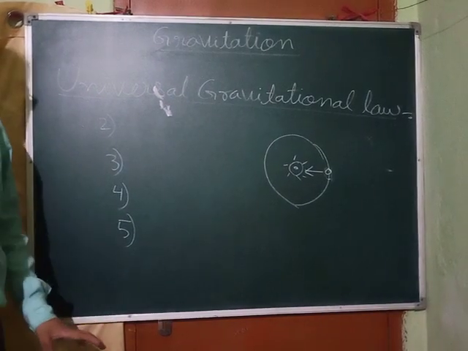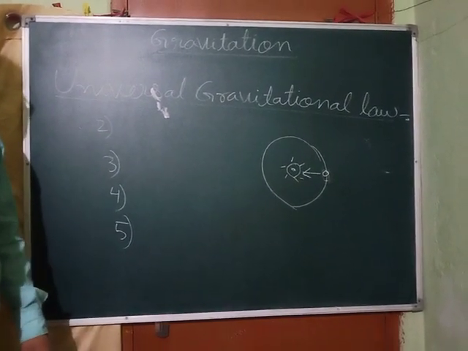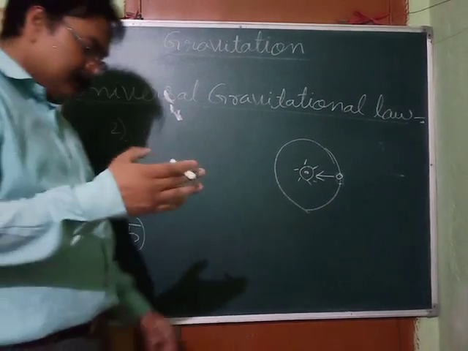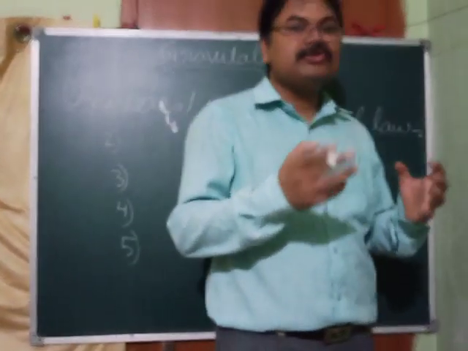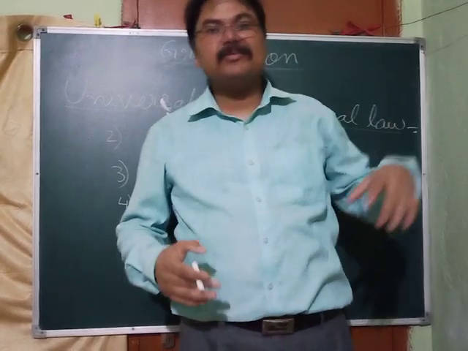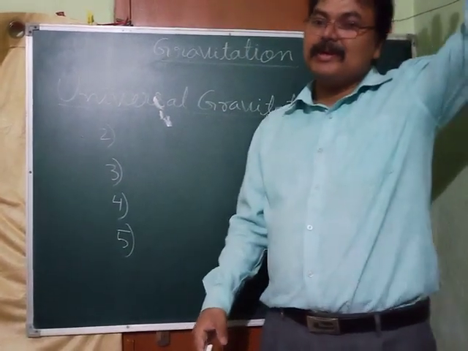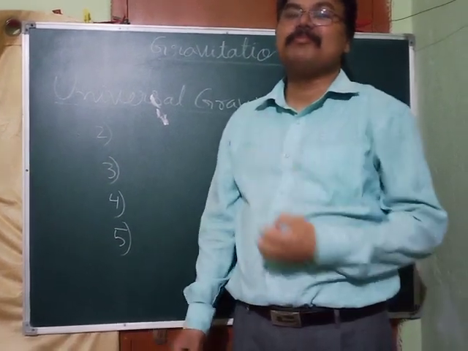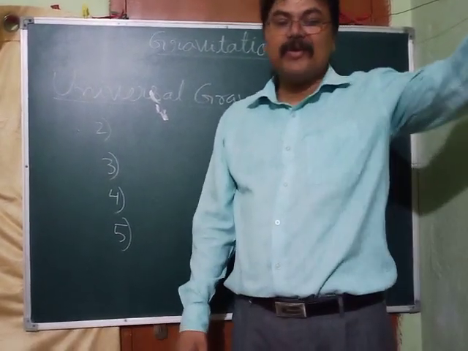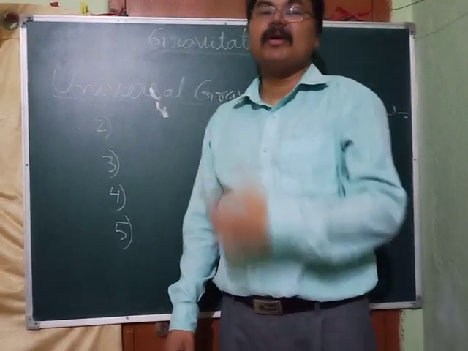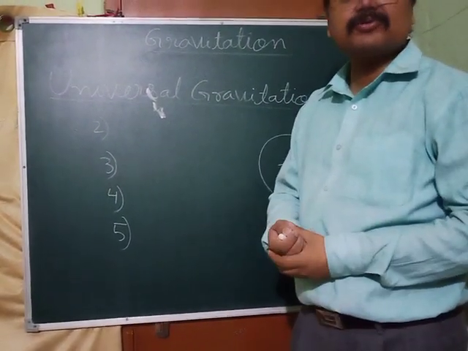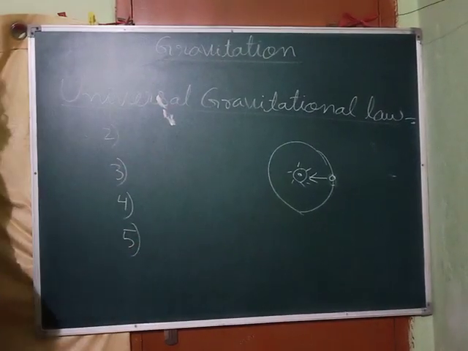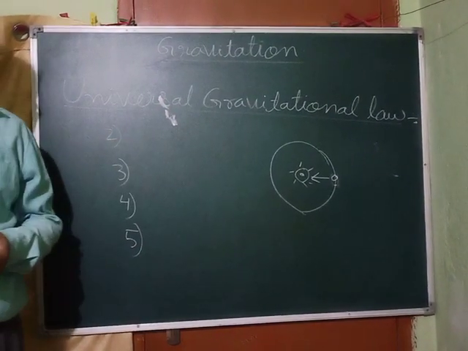Fifth point, rivers flow due to gravitational force. You might be wondering why. You might have seen where rivers originate, they originate from the mountains, at height up places, and they come down. Why? Because of gravitation only. The water is being pulled down, so that's why water is flowing in the rivers. That is due to gravitational force. Many examples you will get.